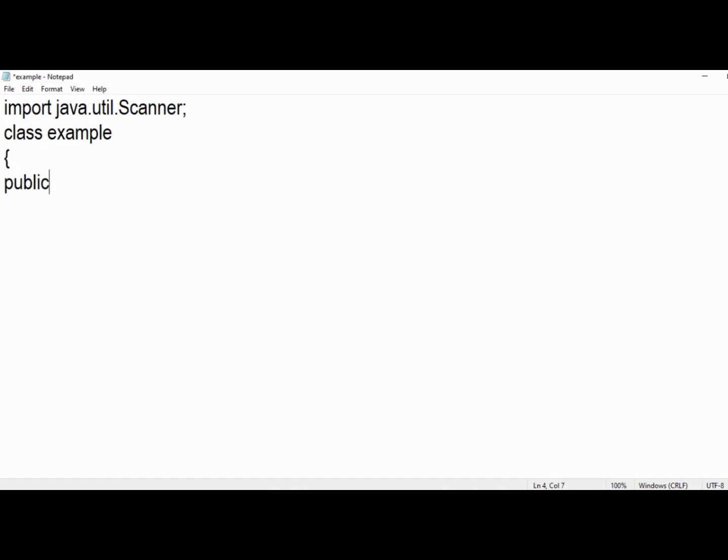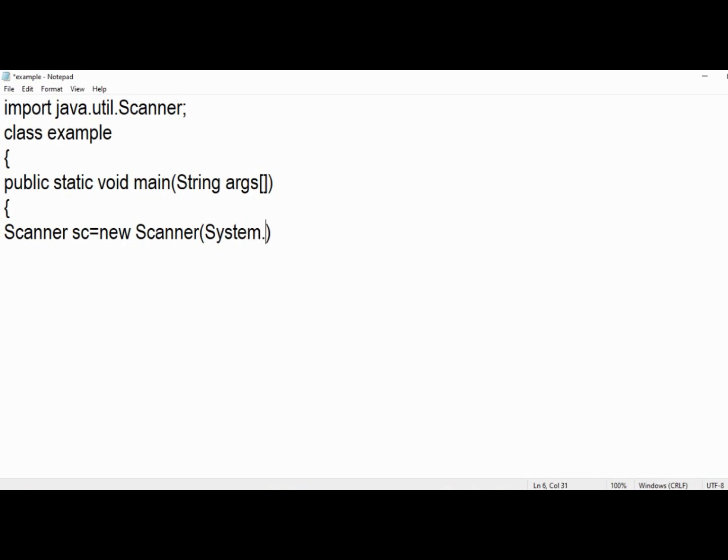Here I am writing public static void main. As we are in class 8th, you have to remember this code. Every time you have to write this. Now the next thing is curly brace open. Here Scanner sc equal to new Scanner, and then in brackets System.in. Things to remember for you: everywhere the Scanner's S will always be capital, the String's S will always be capital, and the System's S will always be capital.